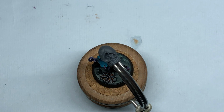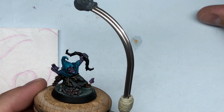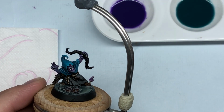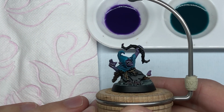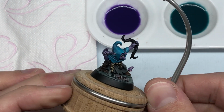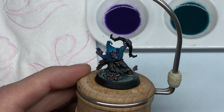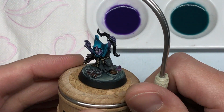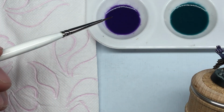All right, guys, welcome back to the final part of painting the hood. And I can't get it all in screen probably, I'll try. So I have a palette and I've prepared some glazes, and in this video we'll glaze together the hood and finish it with that. So diving straight in, I've explained in previous videos what glazes are, but essentially